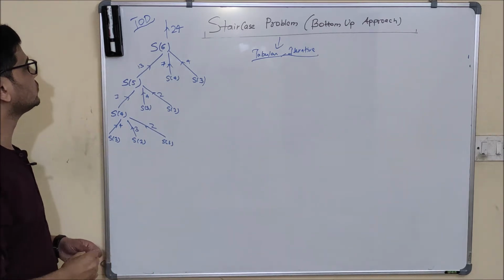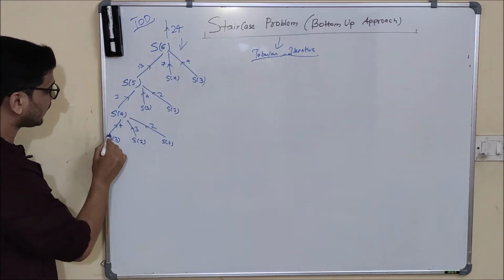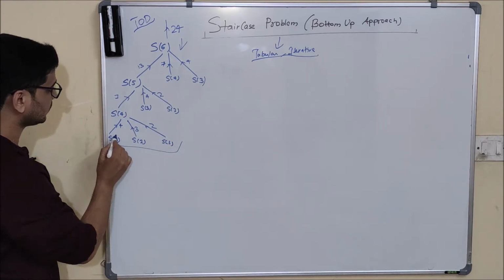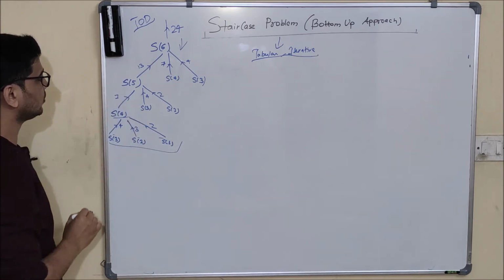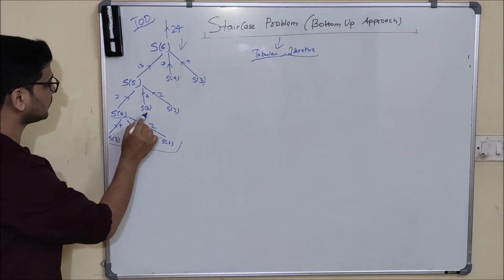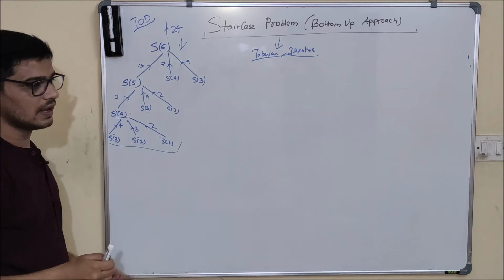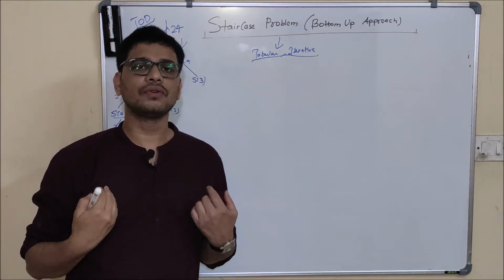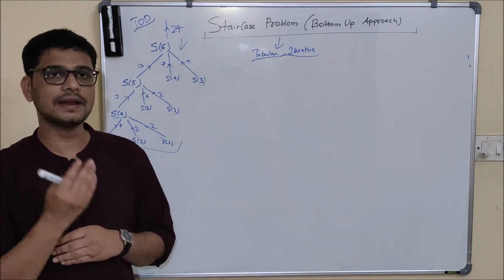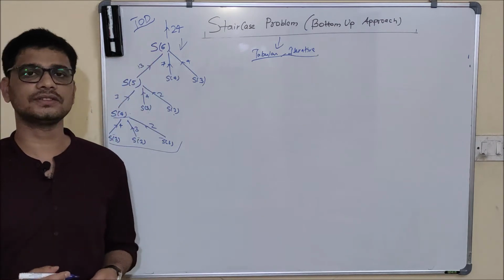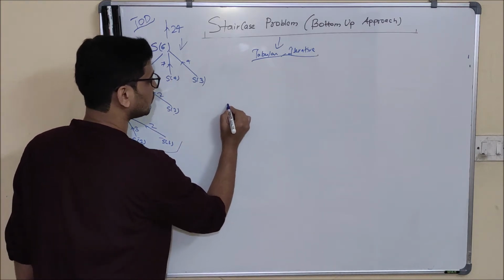Okay. So as you can see in this tree, even though we are calling from 6, our values are getting calculated from the bottom. That is, from S3 and S2, S4 is calculating its value and returning it to S of 5. Similarly, S of 5 is calculating its value from S of 4, S of 3 and S of 2 and returning it to S of 6. That is, we are calculating values from the bottom. So why don't we directly write a bottom up code, that is, start calculating from the bottom rather than using recursion. Okay, so now let's see the topological order for this particular problem.